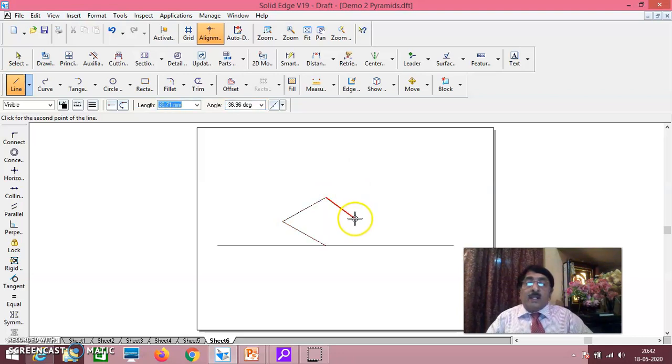You click there. Then see here. Again, 50 you put and wait for the alignment. It is minus 30. And also you can see this line and this line are parallel. That parallel symbol also is coming. But when it is 50 and minus 30, you can directly click it here. In the same way, you complete this. The bottom square has been completed.